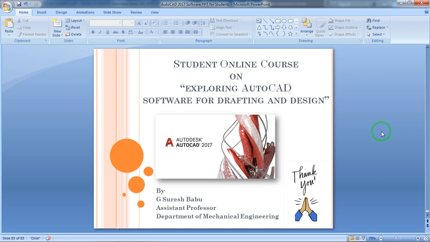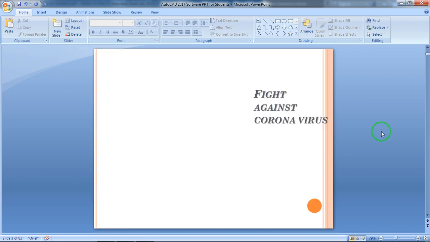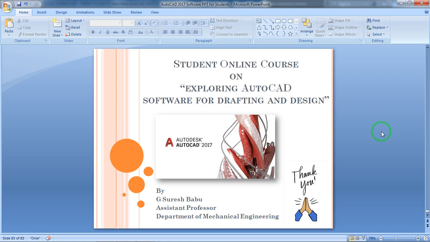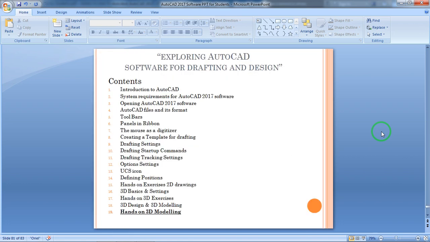We have discussed a lot with respect to contents. We started and ended with a lot of contents: introduction to CAD, system requirements, opening AutoCAD software, AutoCAD files and toolbars, panels, mouse, creating a template, first exercise, drafting settings, startup commands, tracking settings, option settings, usage icon, defining positions.